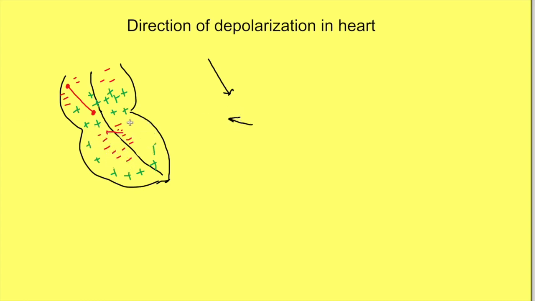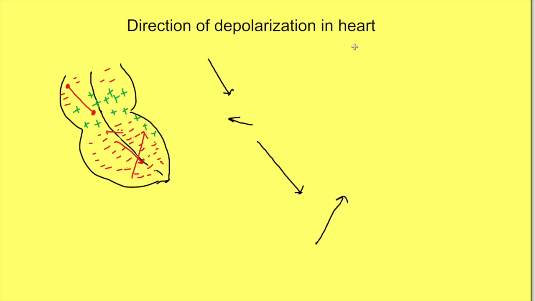In between there is depolarization of the ventricles, again via gap junctions, and the average direction of depolarization again is like this, again taken from negative to positive. The last part of the heart to be depolarized is the posterobasal portion of the left ventricle. Since it is positive, the rest of the area is negative. Finally, the direction of depolarization will be like this.